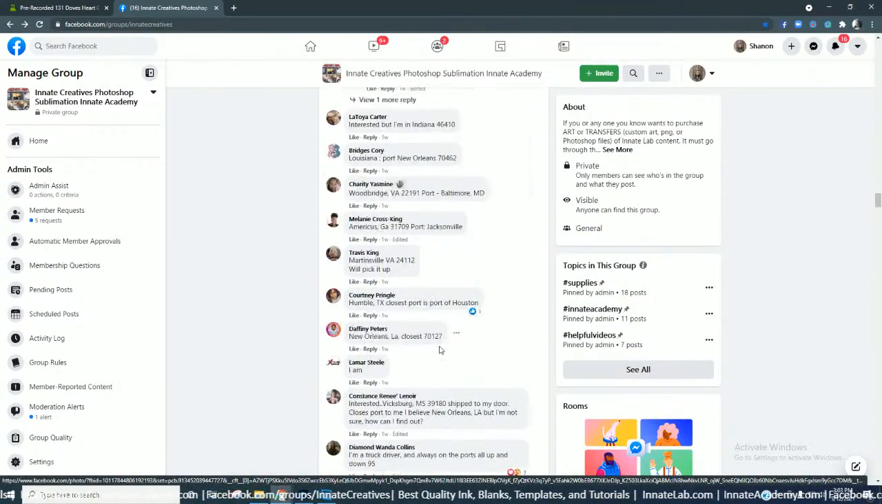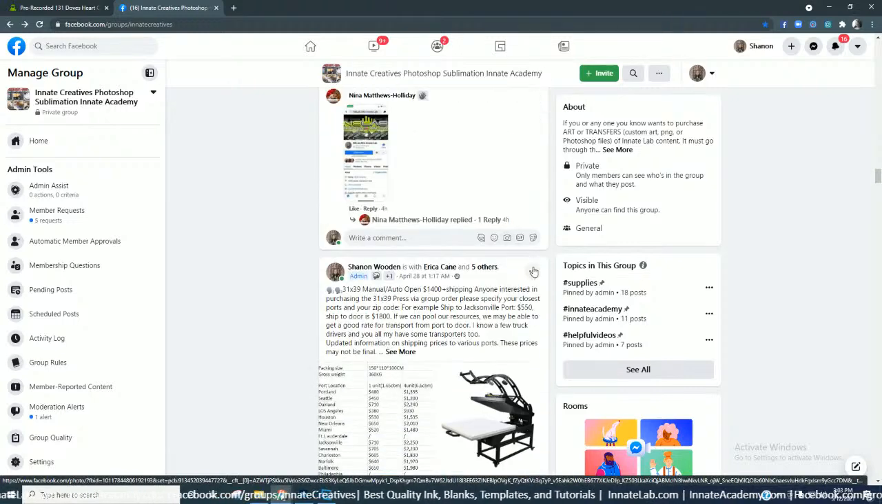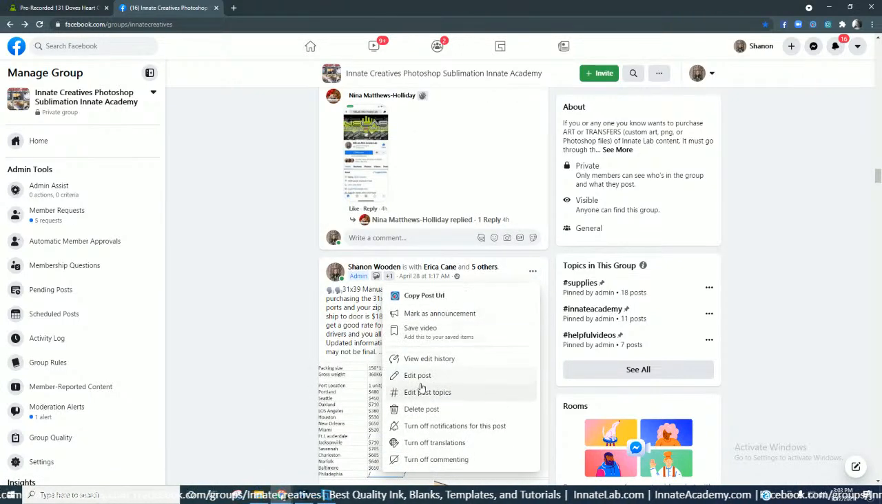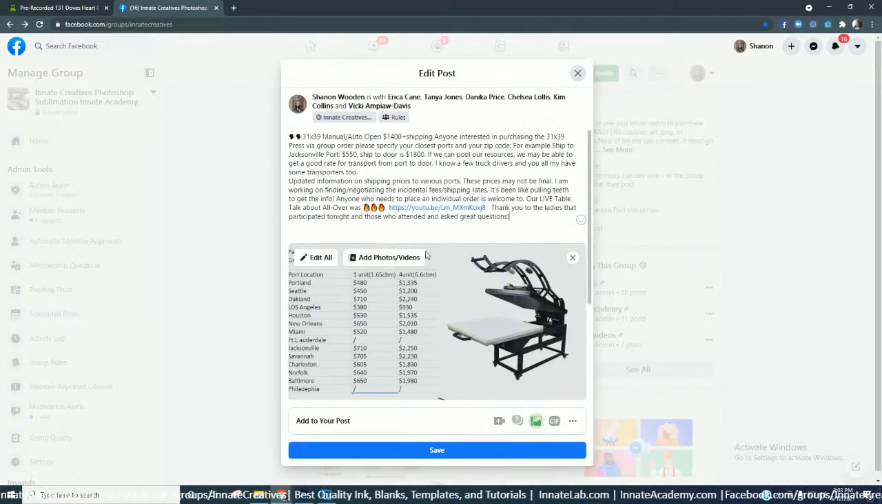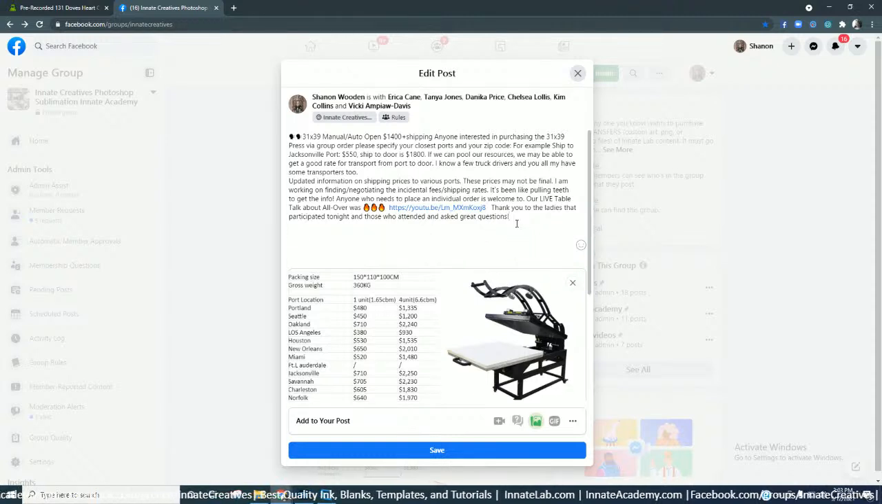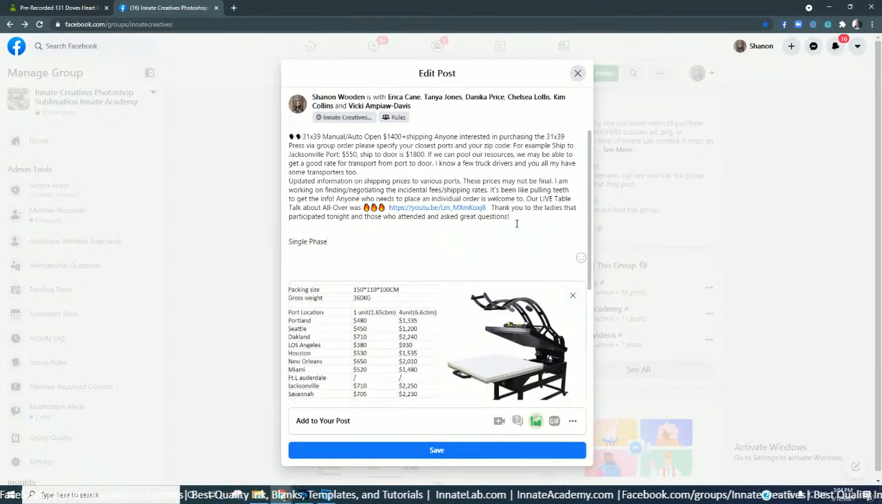Let me make a couple of notes here so y'all have it. Let's edit this real quick. All right, so you need it to be single phase. Single phase just means that it can go with your existing electricity. If you see 3-phase, that's the wrong thing. Most of you are going to have 220 volt,